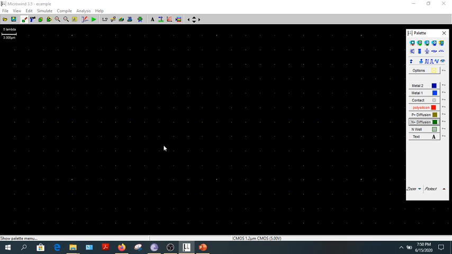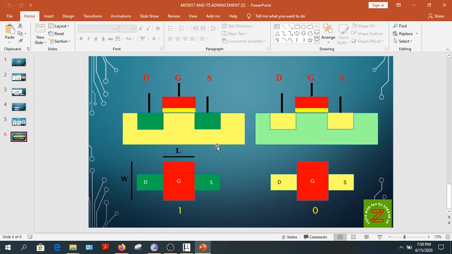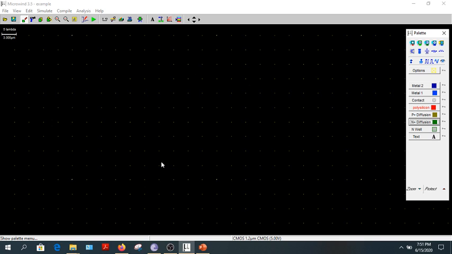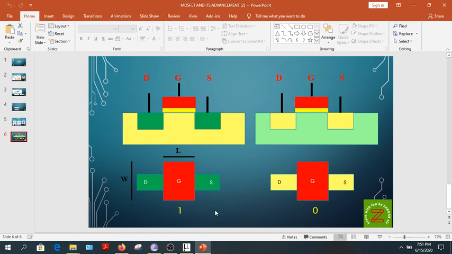So this substrate, as you can see, has a yellow dot over here, which indicates that this is the P substrate, and you are also aware that on a P substrate my NMOS can be fabricated. So on the P substrate my NMOS can be fabricated. For NMOS fabrication I need N diffusion and one polysilicon gate. It looks exactly similar to this diagram.